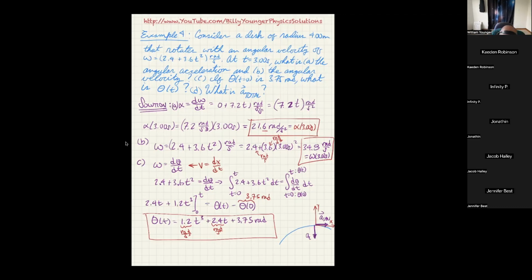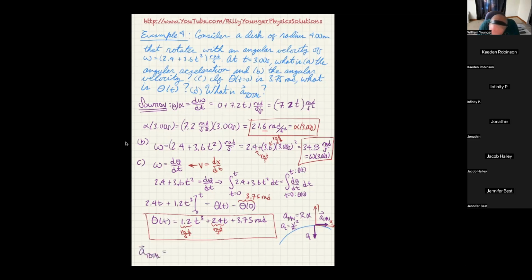And we know that A tangential is equal to R times alpha. And we know that A centripetal is equal to V squared over R. Okay. And we already know the actual radius of the disk. So we're actually talking about specifically the total acceleration of a point on the outer edge of the disk. So I can say that A total